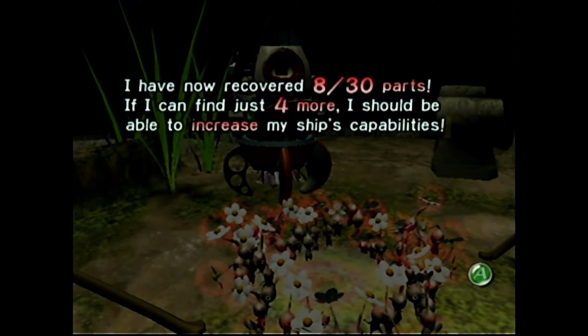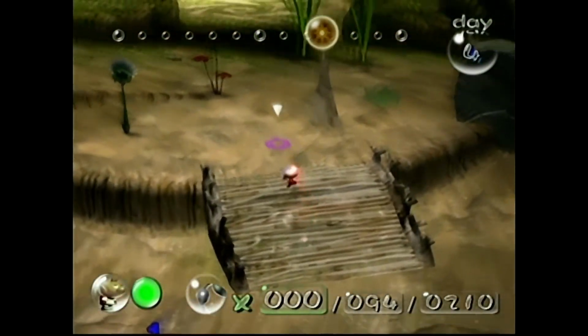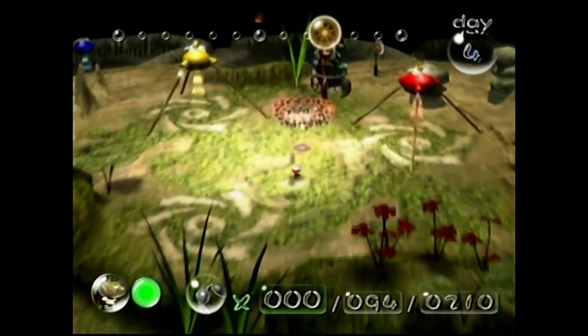Now we have 8 ship parts and we only need 4 more. So we're doing really, really well today, which I am not complaining about in the slightest. So wait, where's the... okay, it's over there. Now what I'm going to do is, since it's out of the water,